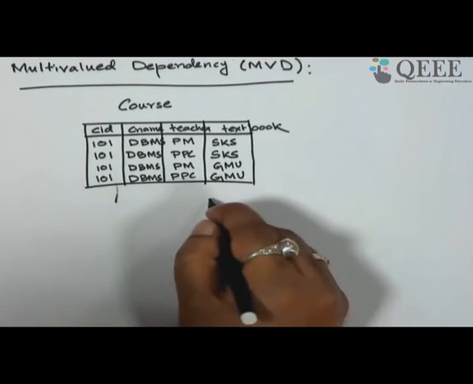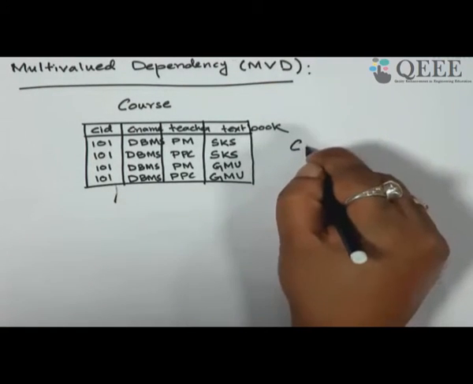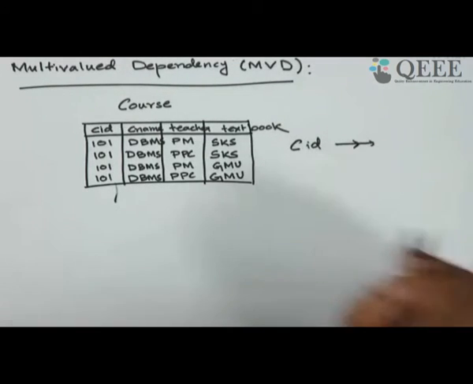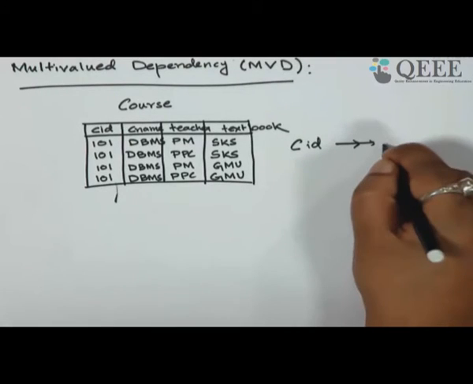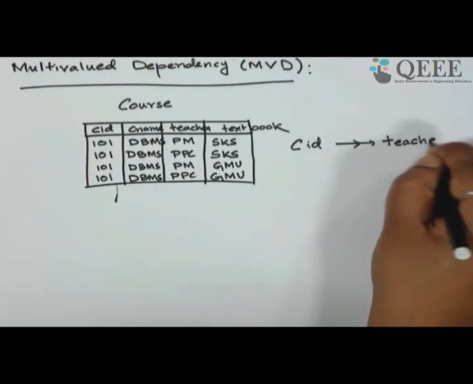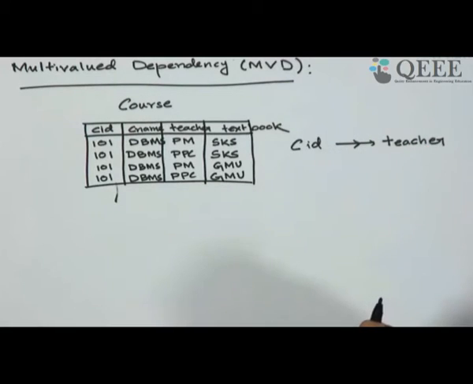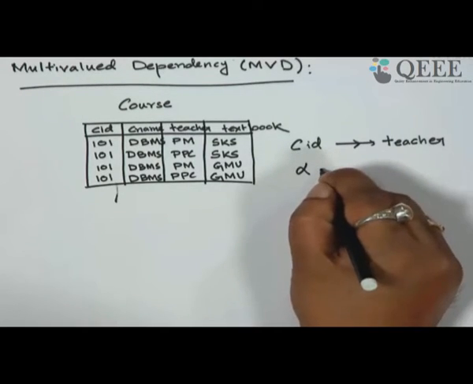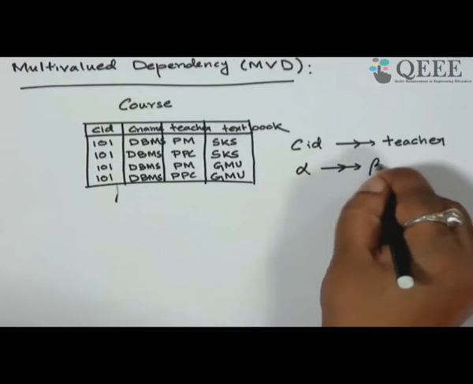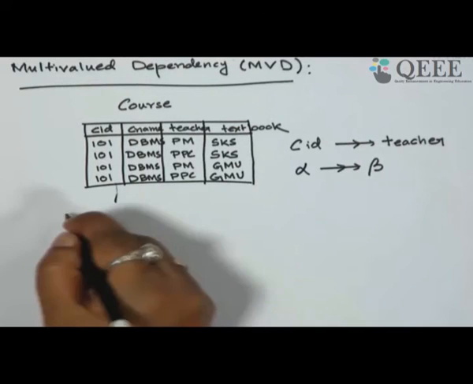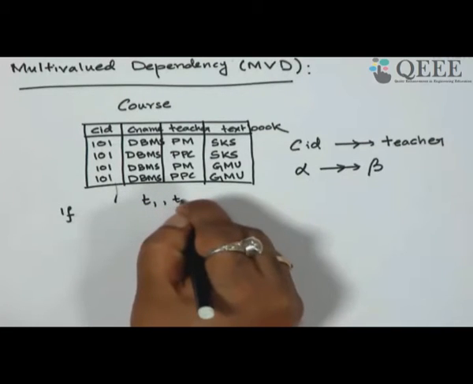suppose I have, I can write a multi-valued dependency, course ID, one of them, there are others also, denoted by a double arrow, Teacher. So, in general, if you have a multi-valued dependency, alpha multi-valued determines beta, then if I have 4 tuples, T1, 4 rows,